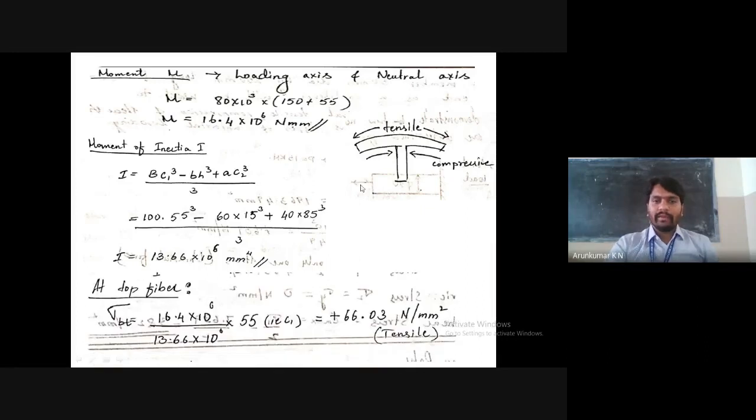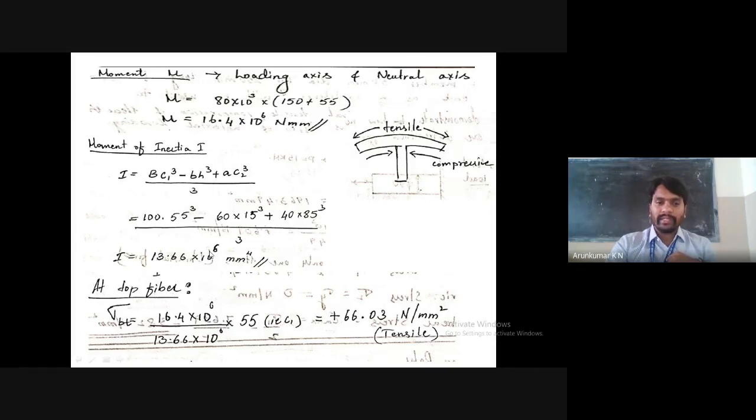Look at that. The bending stress will be of two types. One will be the tensile on the top and compression on the bottom. So we need to find out the bending stress at the top and bottom. We know the equation M by I into C. I want the stress at the top fiber, which is tensile. For that, M remains the same and I also remains the same. The only thing is, instead of C, we need to take C1 and C2.